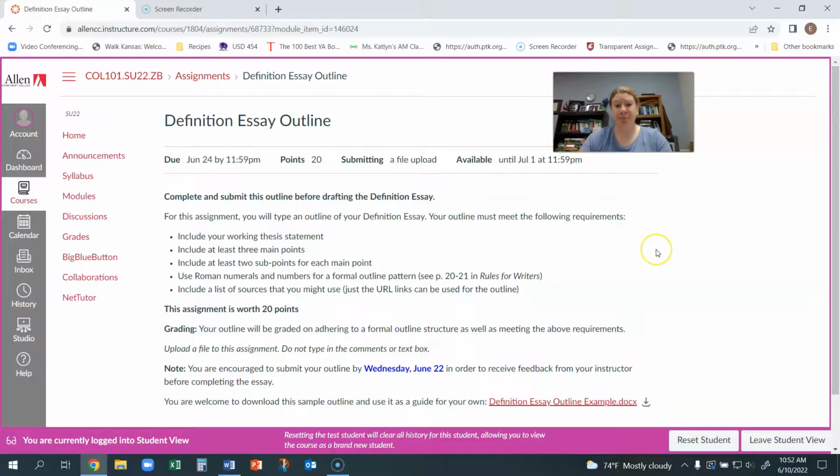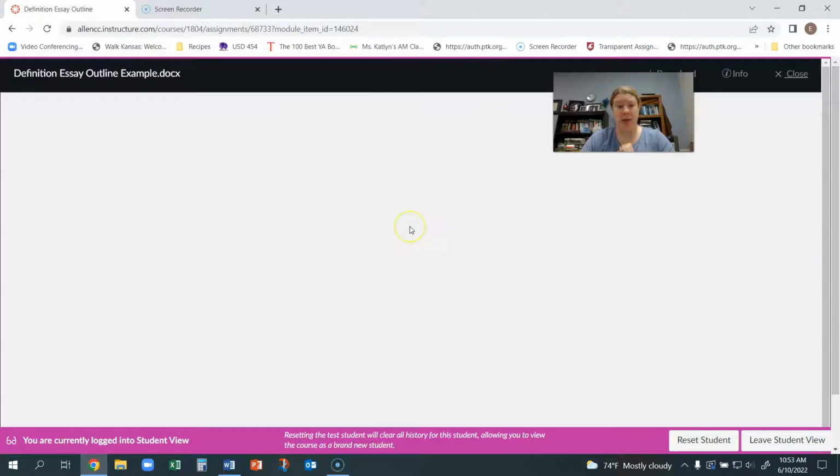So some students don't like outlines for that reason, but I do have students outline just because I think that for the majority it really helps them. I do have an example here of what an outline looks like. This is a formal outline, which means you have a working thesis and then the body points. You don't need anything else. You don't need to write out your introduction or your conclusion. It's just the working thesis and then the main points that you want to cover.